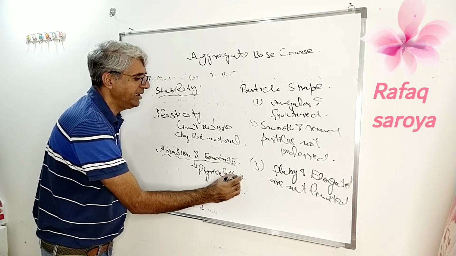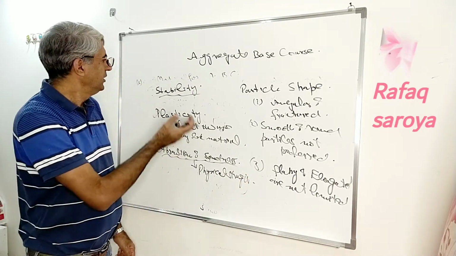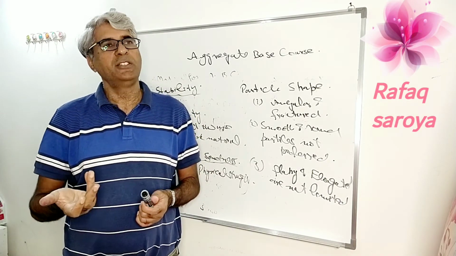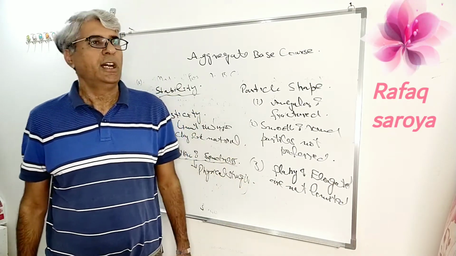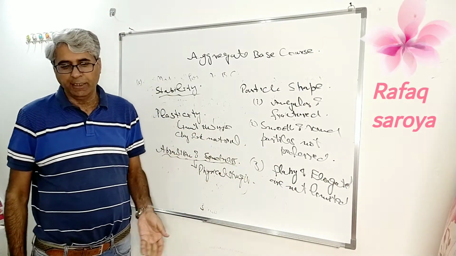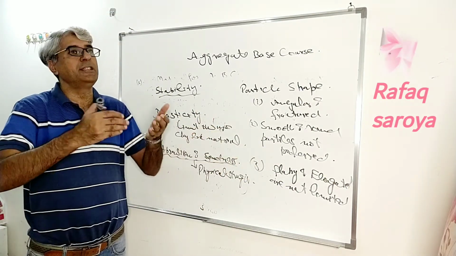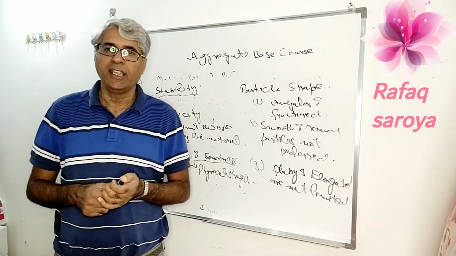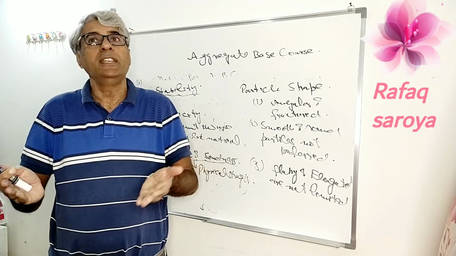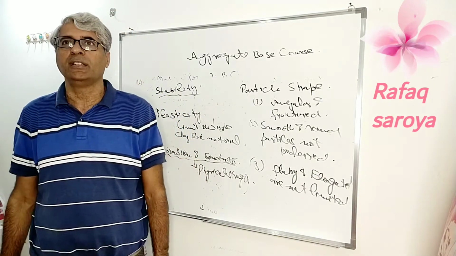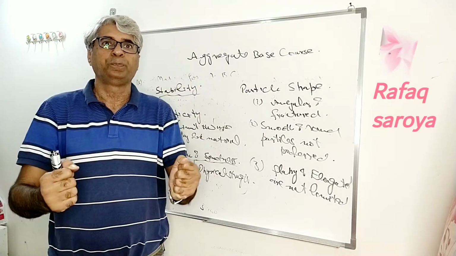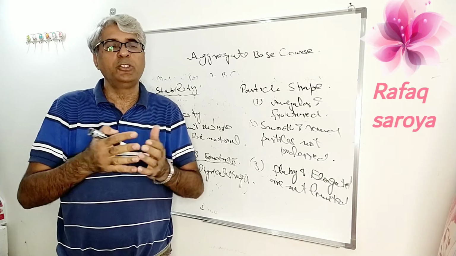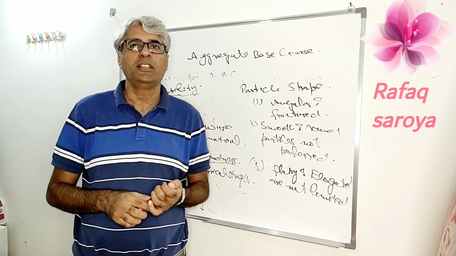So this was all about the characteristics or properties which are required. First I told you about the gradation. After the gradation, particle shape. After the particle shape, base stability. After the base stability, why we need plasticity. And after the plasticity, I have told you about physical strength. Physical strength is related to abrasion and soundness. That material should sustain its strength during the use time. It should not be affected. It should not disintegrate due to the change of the weather.